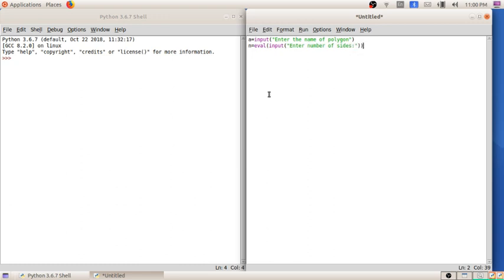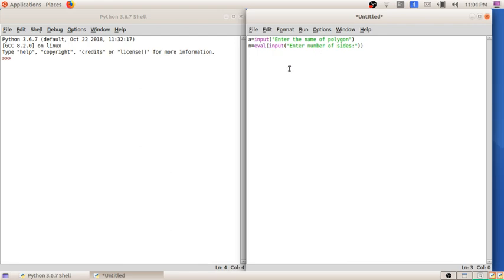What is this? Enter the number of sides. The statement is stored in the variable n. So the computer will ask us this statement, enter number of sides.